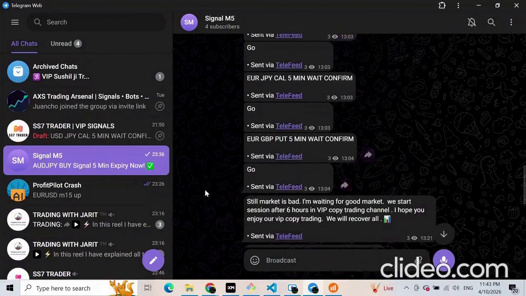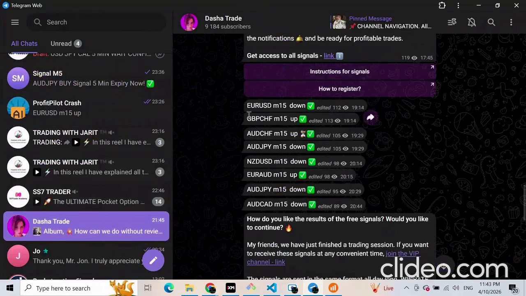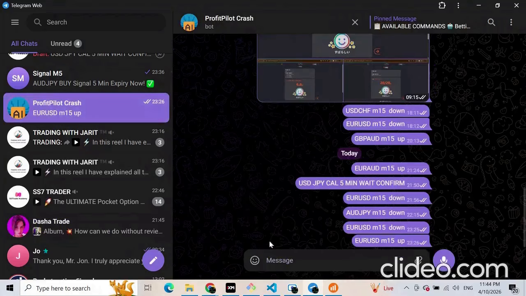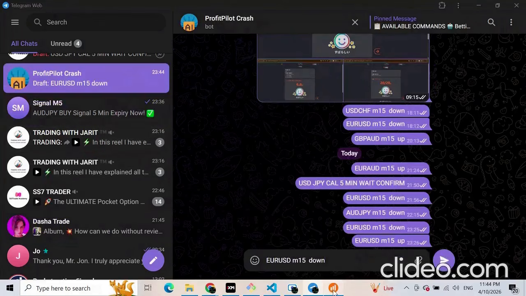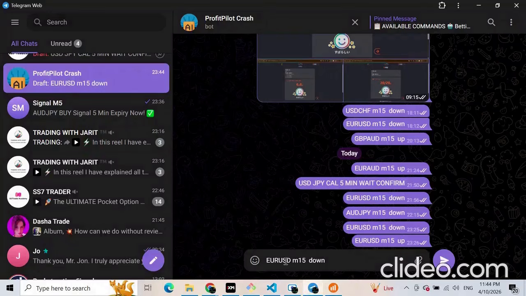Now let's try sending signals from here and see if that's executed in our IQ Option or not. For example, let's copy this signal and submit it in this group. My Python program is also listening to this group. Right now we don't have any Euro USD pair open, right? So a Euro USD 15-minute expiry put trade